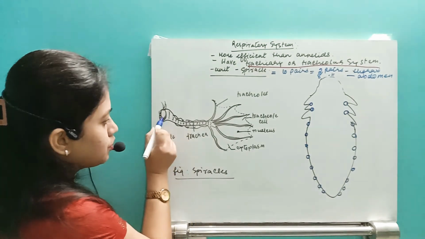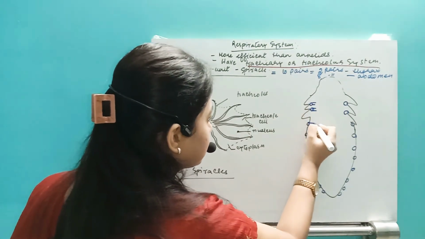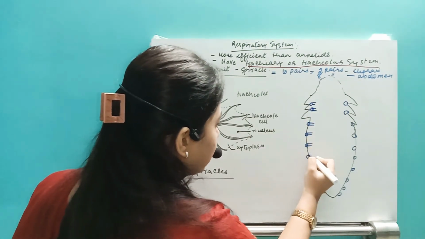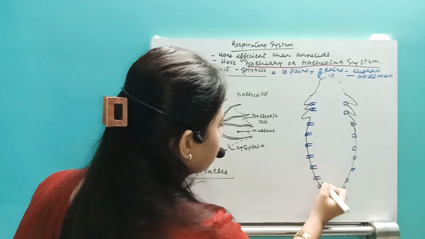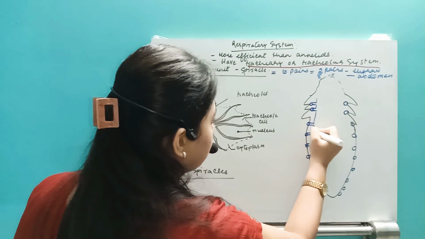Now these spiracles, you can see this is a trachea. So this trachea will look like this. Then after that, just see here what happened. They're going to get branched after that. So this is actually one